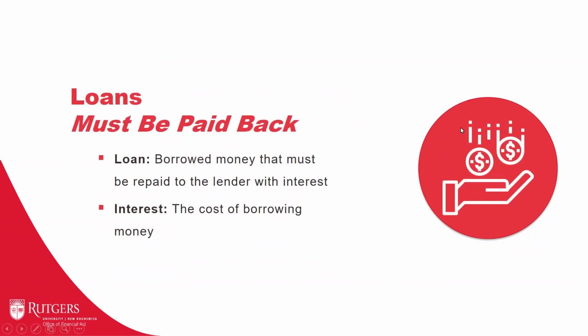And then we have loans. Of course, this is money that has to be paid back. As a student borrows, they are awarded direct loans, which will have to be repaid. I will get into more details regarding the federal loans, and I will go over the two types of federal loans that may be available to students on their offer letter. Of course, when a student is paying back their loans, they will have to pay back with interest included, and the interest is the cost of borrowing that loan.